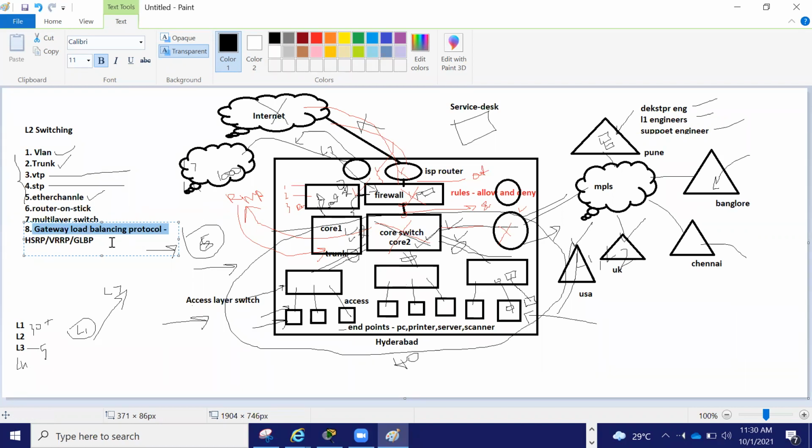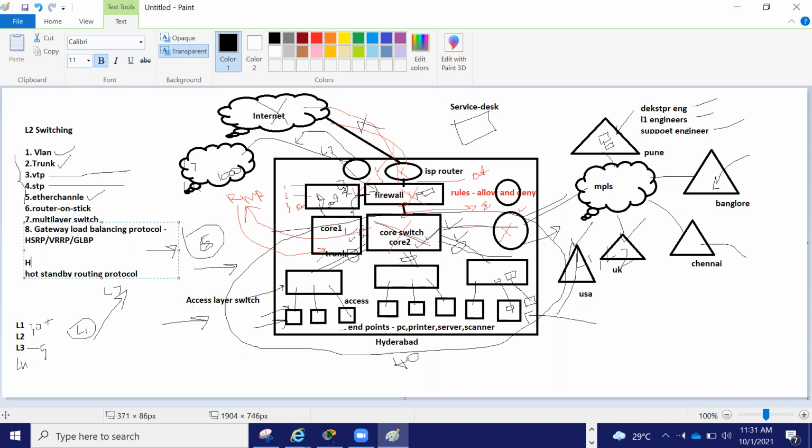Okay, so HSRP, Hot Standby Routing Protocol. We are going to see HSRP.